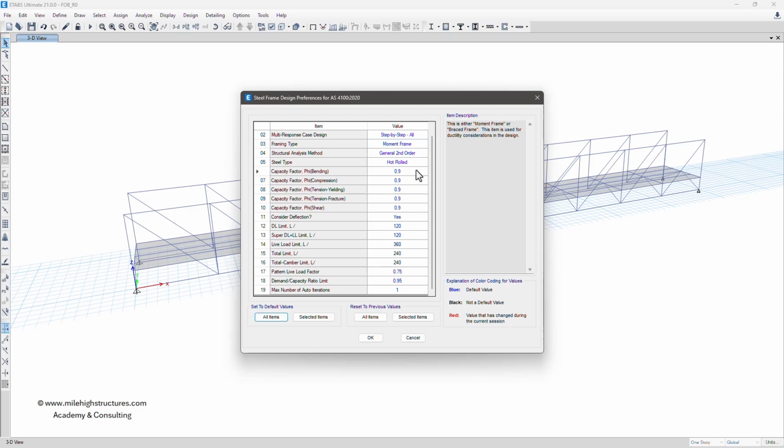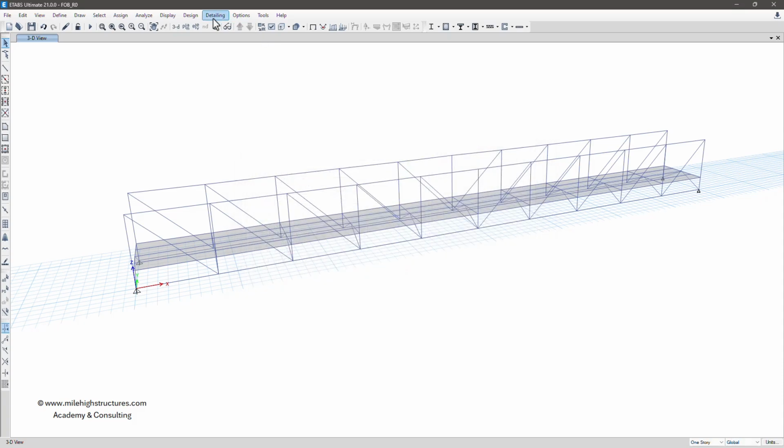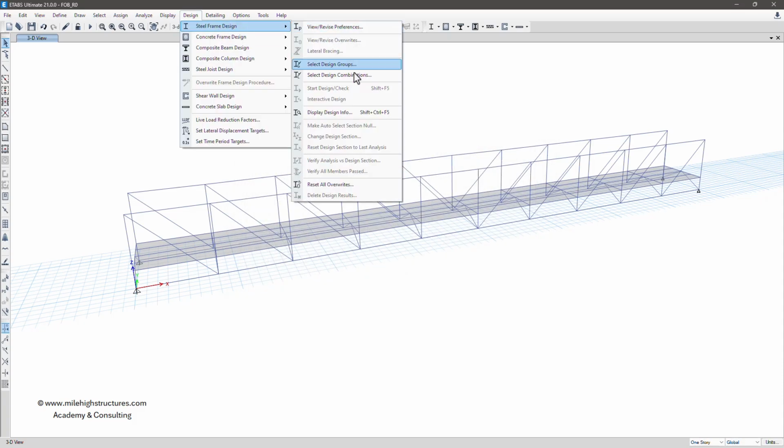And these are the capacity factors, that is for bending, compression, tension, flexion and shear. These are the 0.9. We do have to consider the deflection check, and after that the dead load limit has been assumed as 120, live load has been assumed as 360, and total limit that has been assumed as span divided by 240. And pattern live load factor and demand capacity ratio limit, that is the maximum utilization ratio cannot be greater than 0.95. So we can left click on OK,